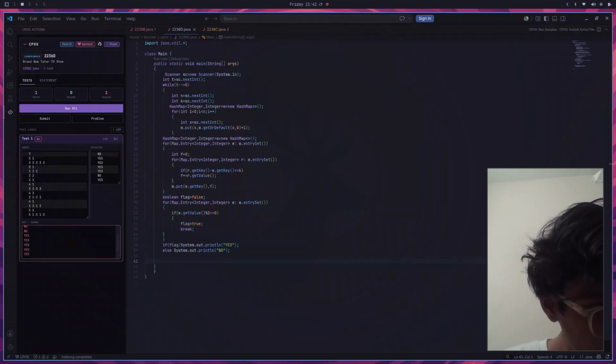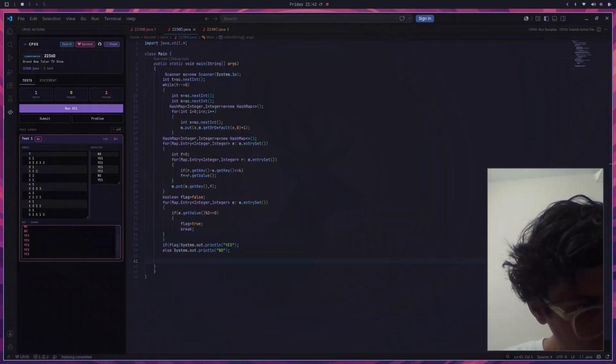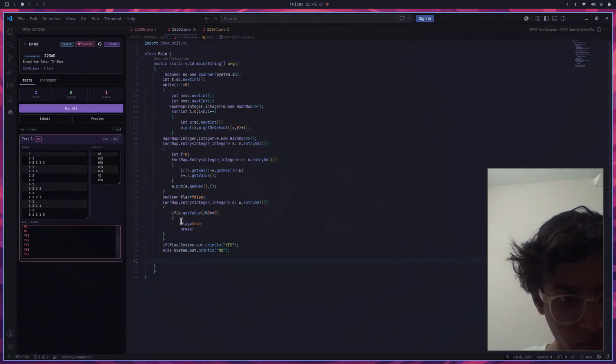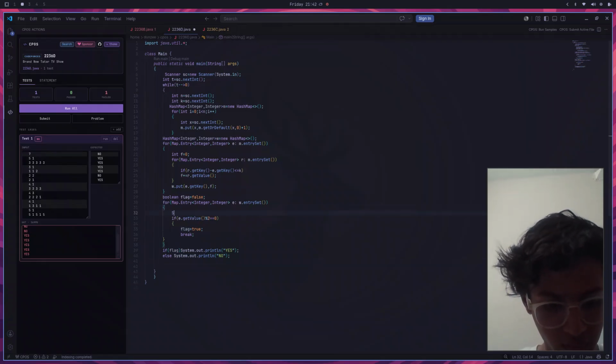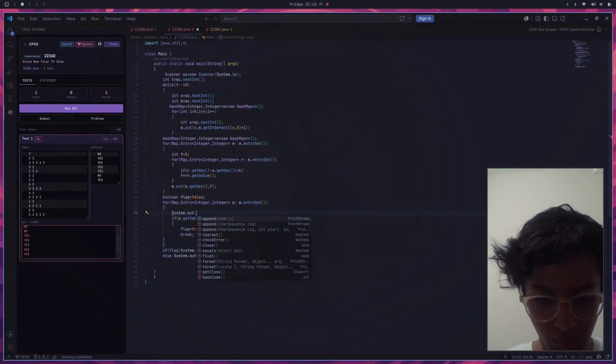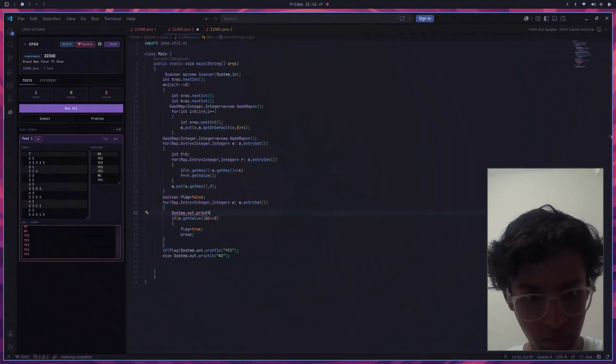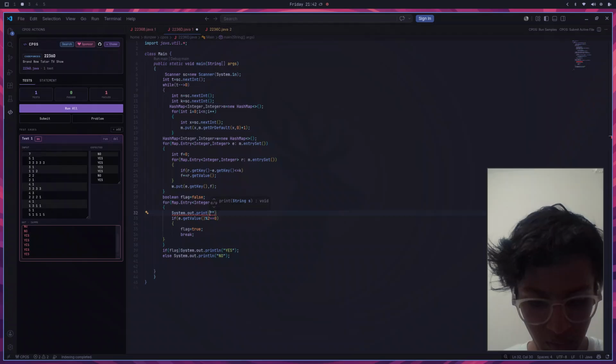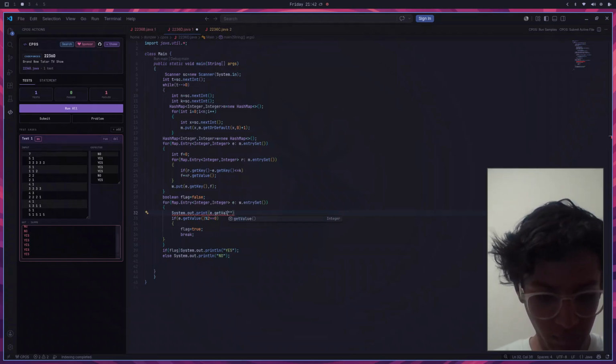Yes. So in this case, is there any block at a distance of 1? So 3, 1, no, I should print no. Let me print all the values. System.out.print e.getValue